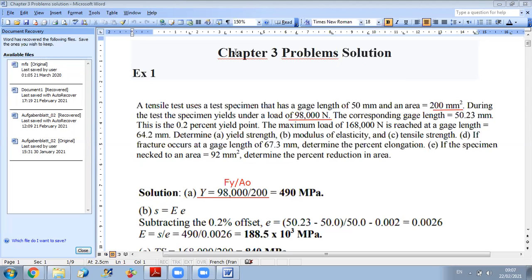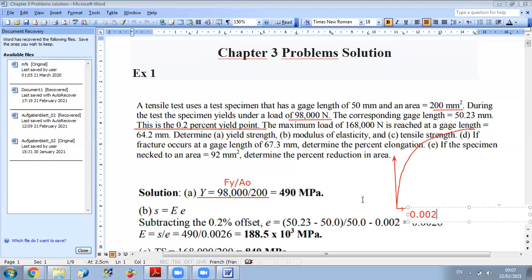Now, the second question, find the modulus of elasticity. Whenever they tell you this is the 0.2% yield point, what do they mean by this? In the course material, we have seen that sometimes the yield point is not very clear on the figure. This is why we have a technique in order to determine the location of the yield point. So let us say we have this. The 0.2% method consists of the following. We take epsilon equal to 0.002